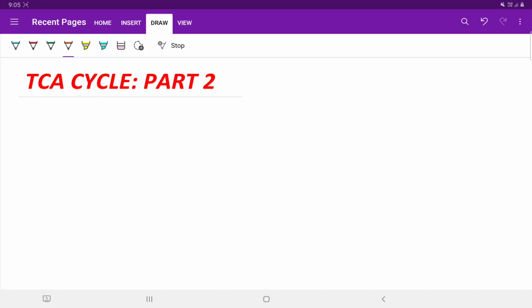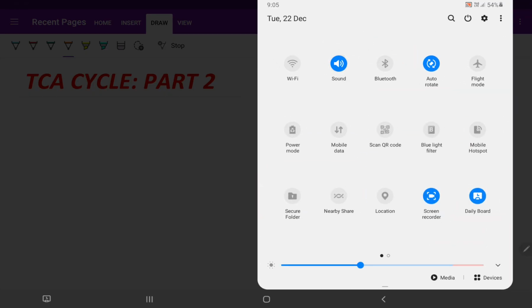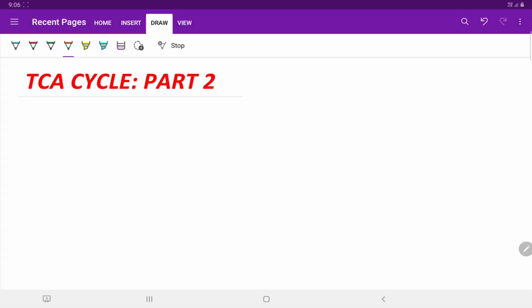Students, so in today's class we shall be starting with our next part of TCA cycle, and we shall be covering the next 5 reactions that were left in the previous class. So today we shall be learning how alpha ketoglutarate is finally converted to oxaloacetate to again start the TCA cycle, and we also shall be studying the bioenergetics of the TCA cycle. So now let us start from the next reaction, that is conversion of alpha ketoglutarate to succinyl coenzyme A.